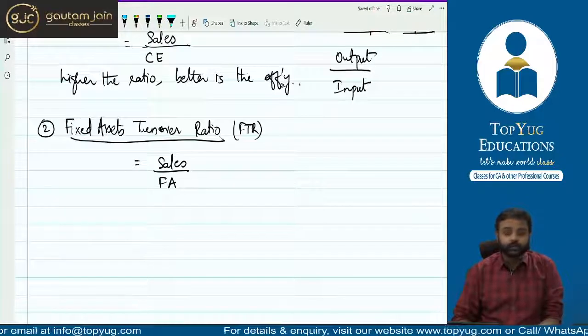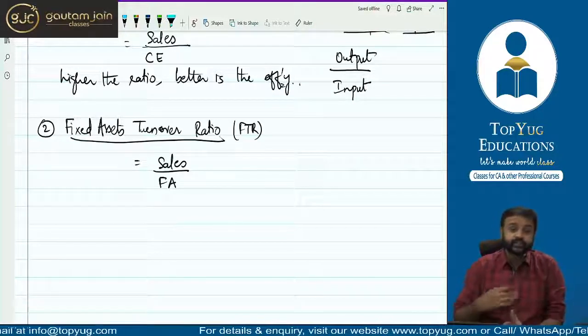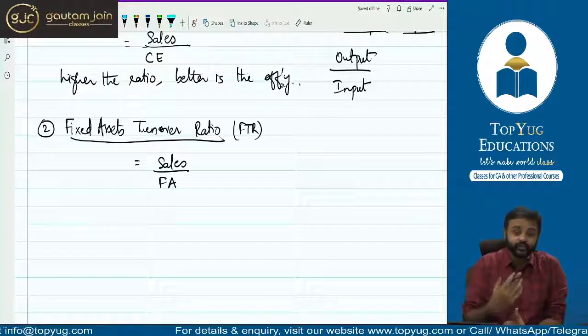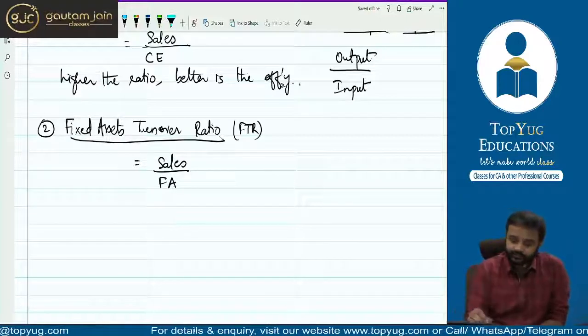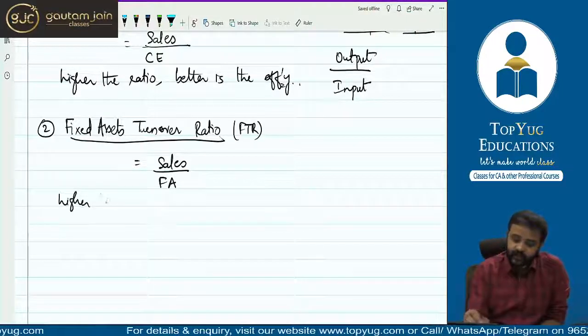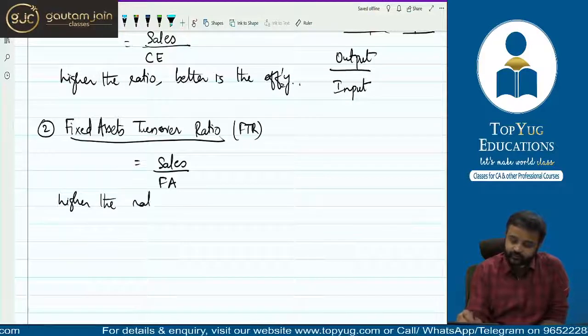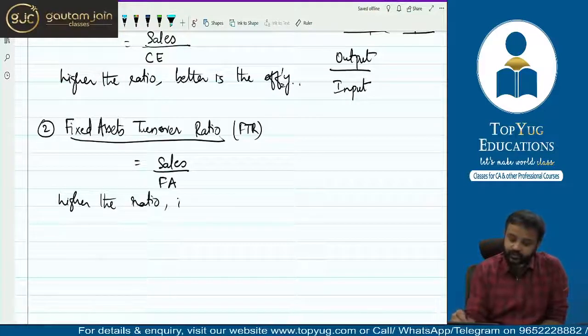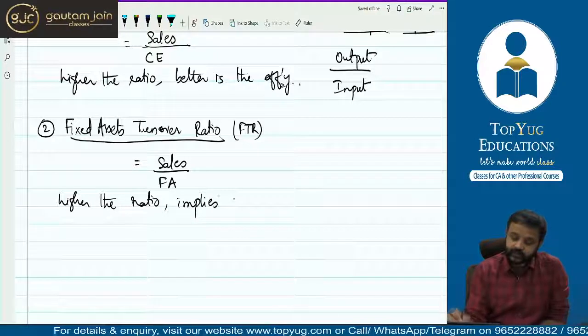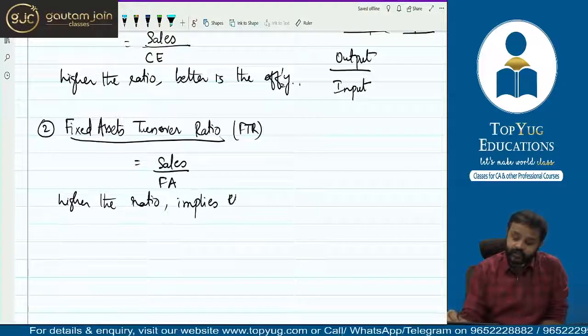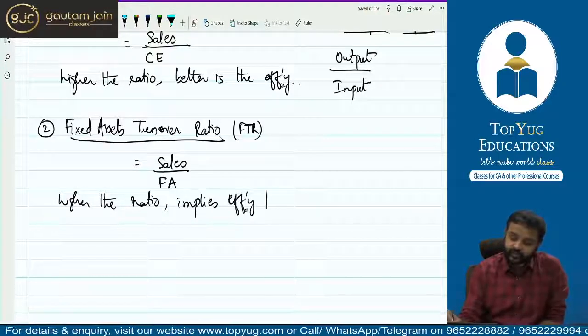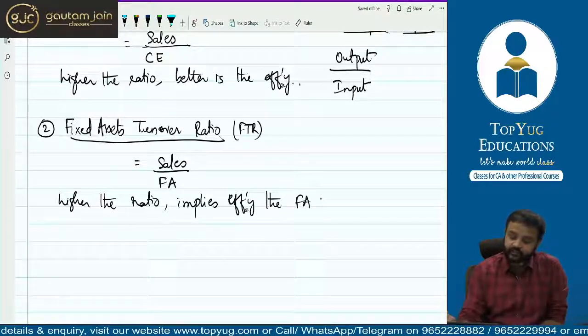Obviously higher. More the sales, that shows more efficiently you have used the fixed assets, correct? So I can write here, higher the ratio implies efficiently the fixed assets were used,